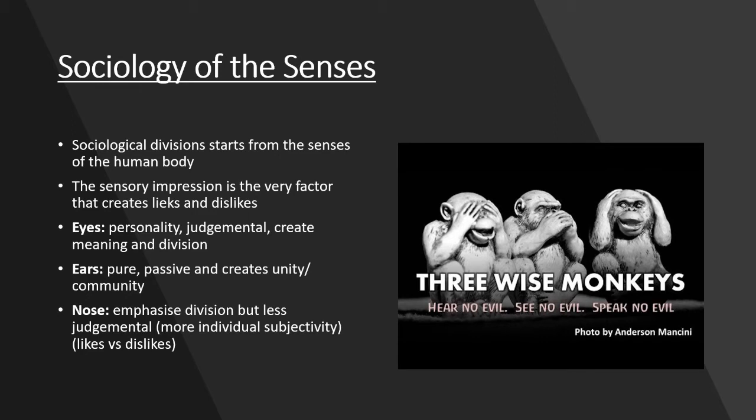These are basically micro examples made by Simmel to really emphasize how even natural understanding of the body can influence how interactions are made and how interactions grow. Alright, let's start with the eyes. Eyes are very significant according to Simmel because they help to show your nature, who you are, your emotions and personality, which is exactly why when people are shy, they don't want to look you in the eye, so that others are unable to read them and eventually have limited understanding of them and their true nature.